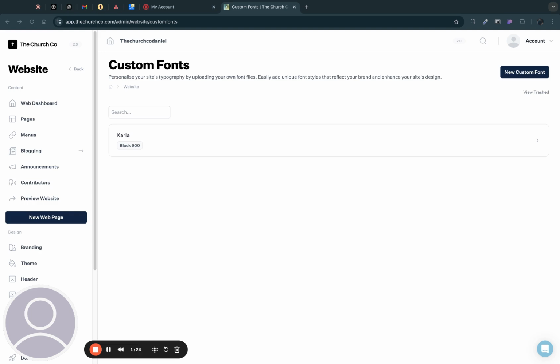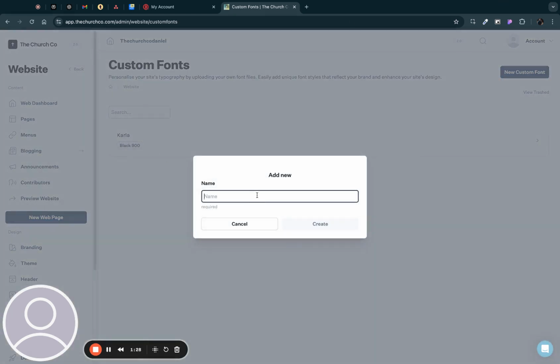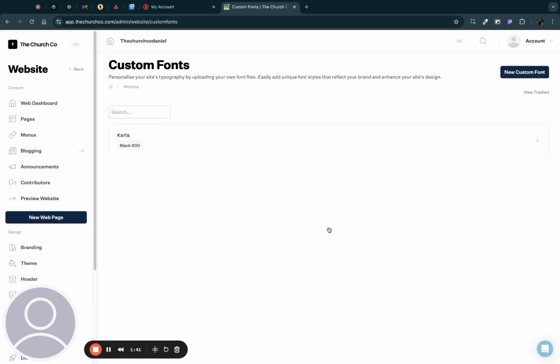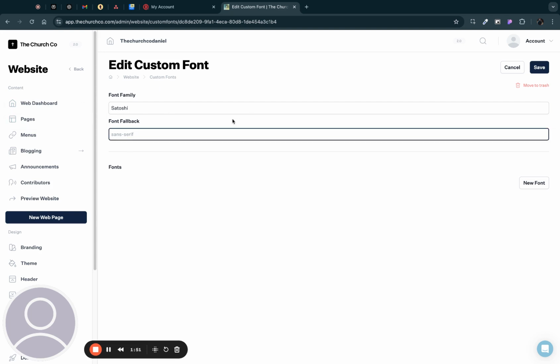So what we're going to do is add a new custom font. We're going to name this font. Obviously, you're going to use the name of the font that you purchased or have. The one that I'm using today is called Satoshi. We're going to go ahead and type Satoshi. Okay. We've created that font, and now we're brought in here to start adding the different iterations of that font. So it's Satoshi,